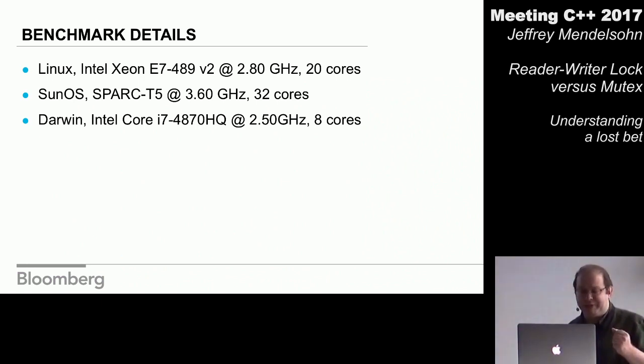This is the specifications for the box. Except for the Darwin box, they're all shared boxes. I apologize for that. I woke up very early in the morning to produce these slides for you. I woke up at 3 o'clock, ran to about 6. I had to do that 3 times for the production, a couple times to try it. So I hope I worked hard enough for you. This is the best I could do, and I think it's clear enough win that it's not a question.